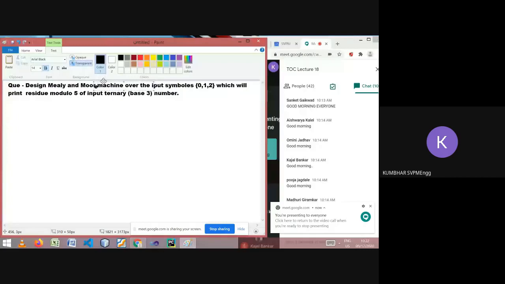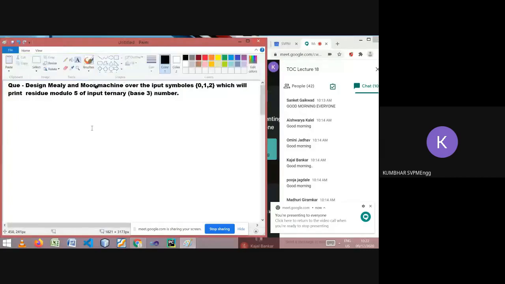Yes, any other point you want to raise regarding the Moore and Mealy machine which we learned yesterday? Okay, among these two, Moore and Mealy machine, which shows the output on transition? Mealy machine, correct? So it will give the output on the transition, like what is the input slash what is the output, correct?